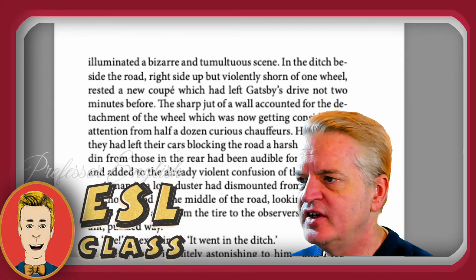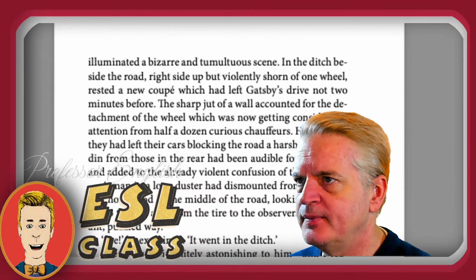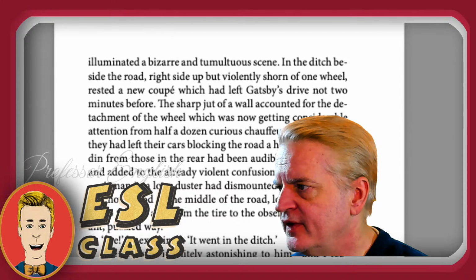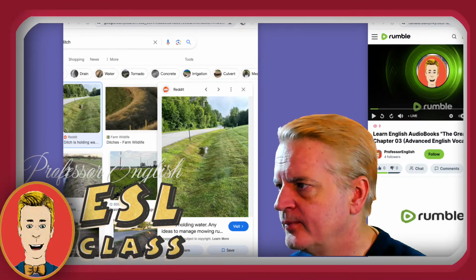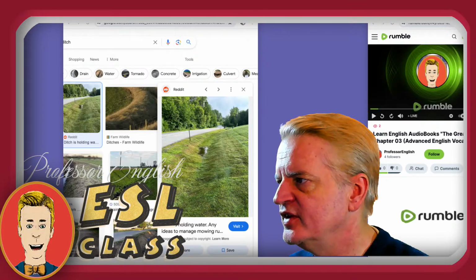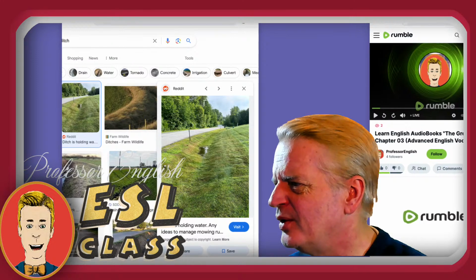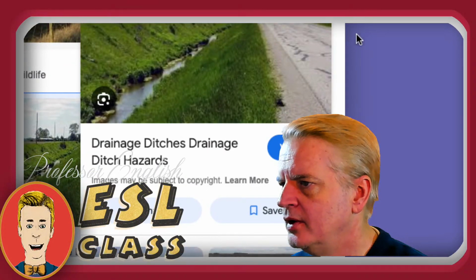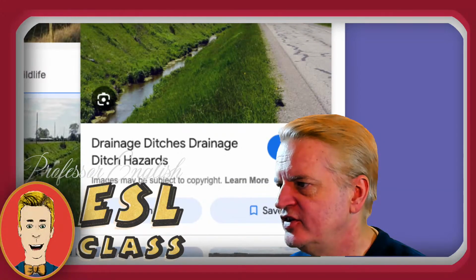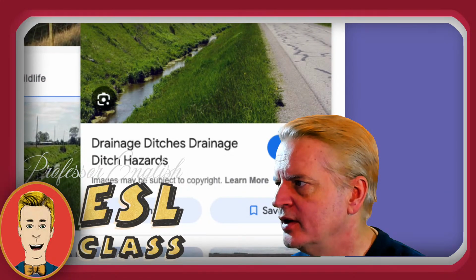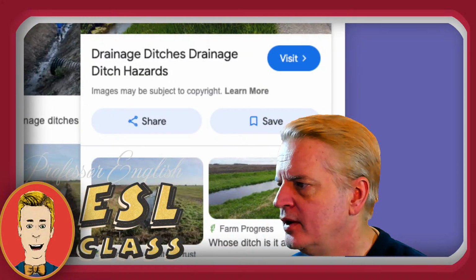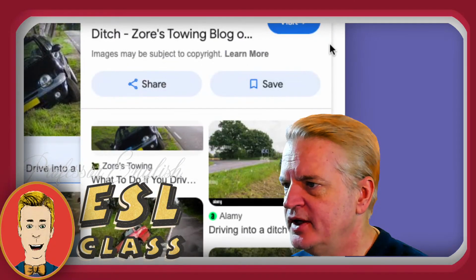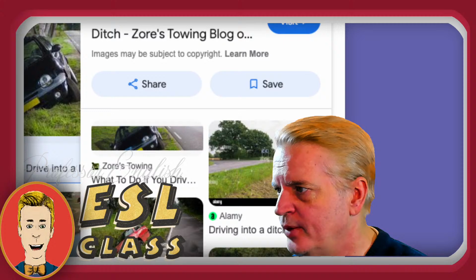A ditch is something like this. A ditch in the road would be something like this here. This is a ditch. It's sort of like a hole. That's a ditch. Here's a ditch with some water. A drainage ditch. See, and I think what they're describing, I'm not sure, we have to read this again, but